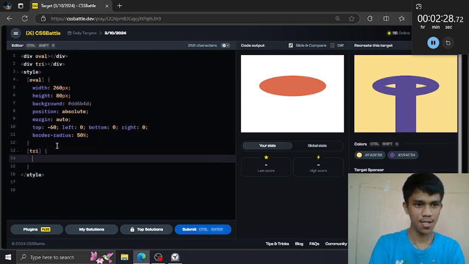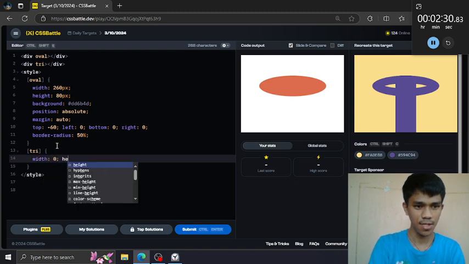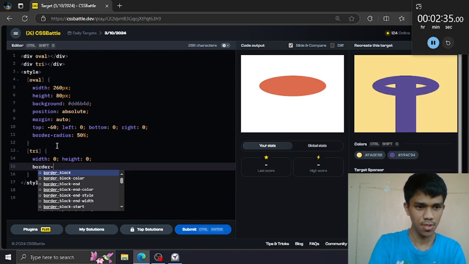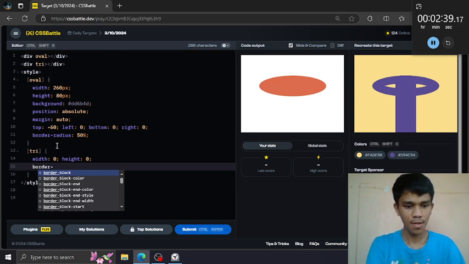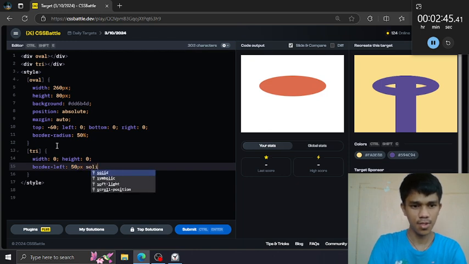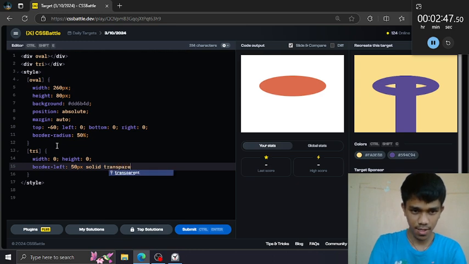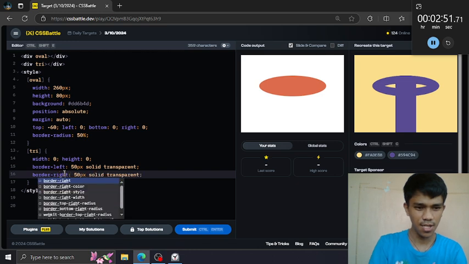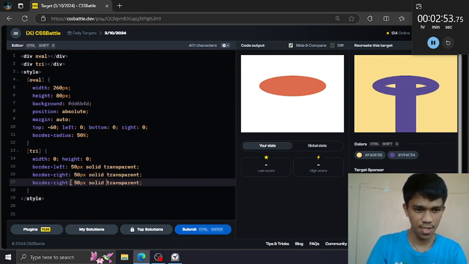This has a width of 0, height of 0, and then border bottom, border left 50 pixels, solid, transparent, copy, paste, rename this to right, copy again and paste, rename this to bottom.